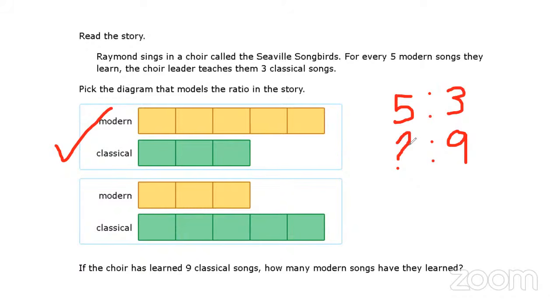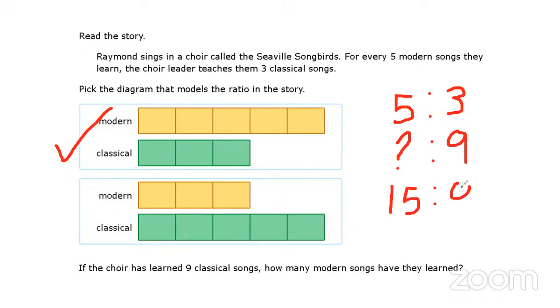So we need to see how many modern there are to 9. And of course, as she said, we need to see how many equal groups of 3 we can get from the 9, which is 3. So we divide 9 by 3, and the quotient that we have received means that we have 3, so we're going to multiply 3 by 5 to give us 15. So we'll have 15